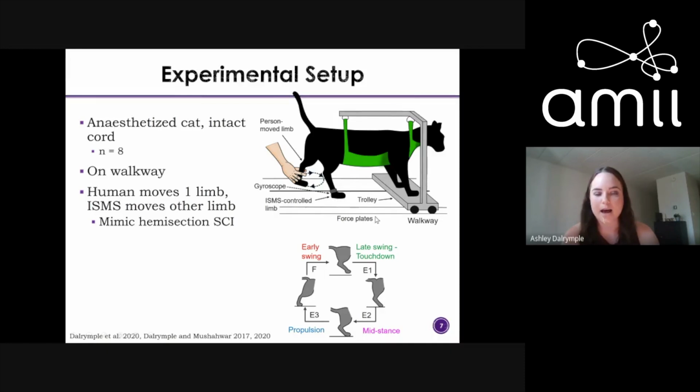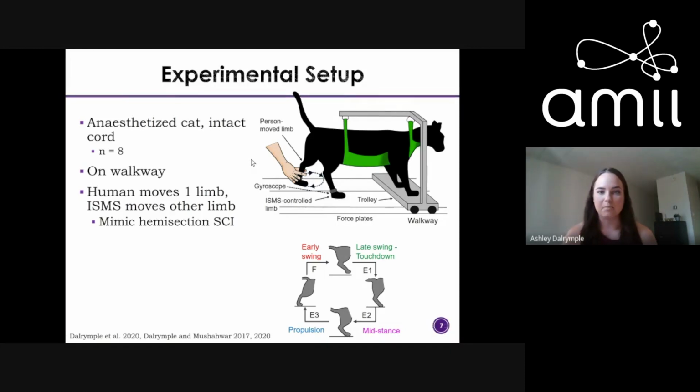And the walkway has force plates underneath it, so we can get both left and right ground reaction forces. And then we also put gyroscopes on the limbs so that we can get the angular velocity of each limb. And now to mimic an injury, we started with just a hemisection spinal cord injury model, which